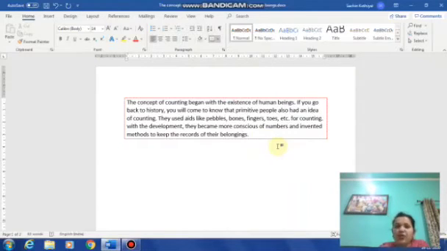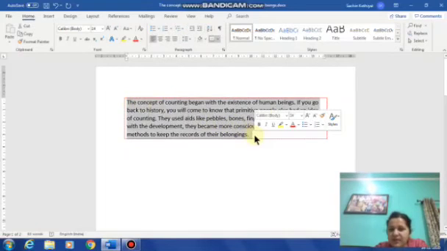Okay. Now, suppose you want to add shading to your document, you want to shade or highlight a paragraph. Applying shading means to color the background behind the selected text or paragraph. See, we have selected this paragraph. Now if I want to have any background color behind it, I can do that also. For this, I have selected the whole paragraph. Now what I have to do is click the shading tool in the paragraph group under the Home tab.